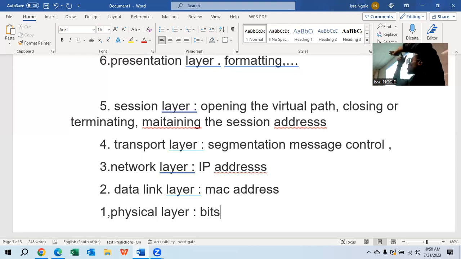Some of the questions they will ask you about the devices that work maybe on the application layer, on this particular layer. Some questions they will ask you about the protocols that work. Sometimes they will ask you the meaning, what that protocol does. Sometimes they will give you a problem. They will say, maybe in this particular network, there's a problem of an IP address. Which layer is this? In this case it will be the network layer. So the questions, they'll just start playing in your mind. Now, when you are preparing for your exam, make sure, but not only for the exam, right?